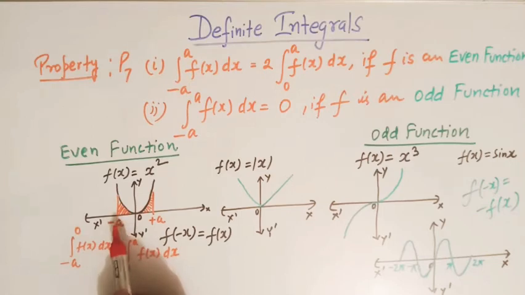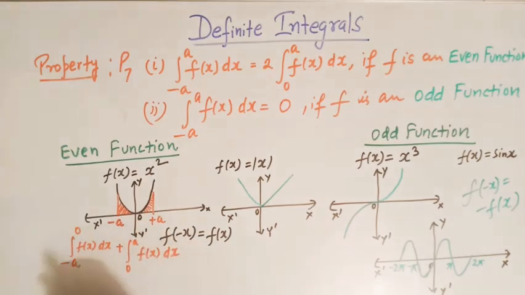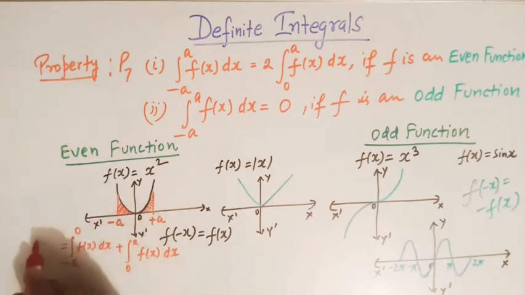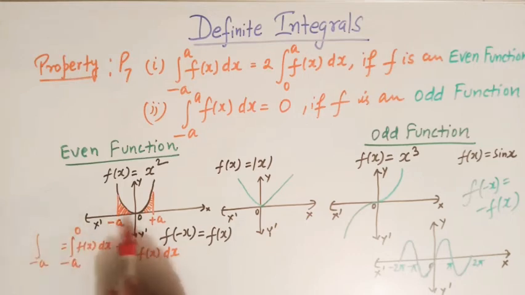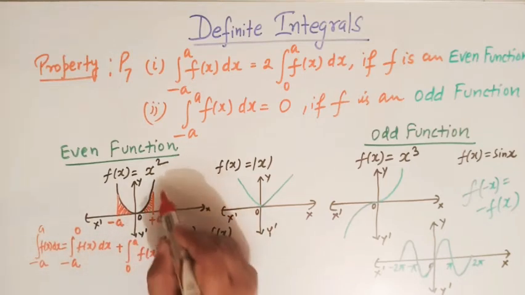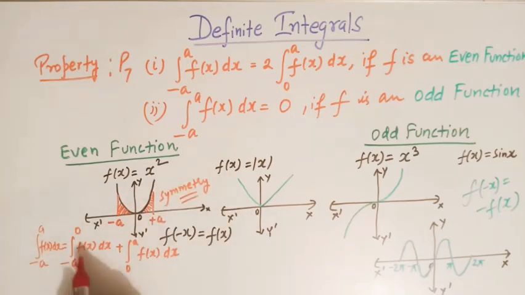So this shaded area is the integral from minus a to 0 of f of x dx, plus the area from 0 to a of f of x dx. The sum of these two areas is the integral from minus a to a of f of x dx, right? Now from symmetry, always remember, from symmetry we see that this area and this area are same,